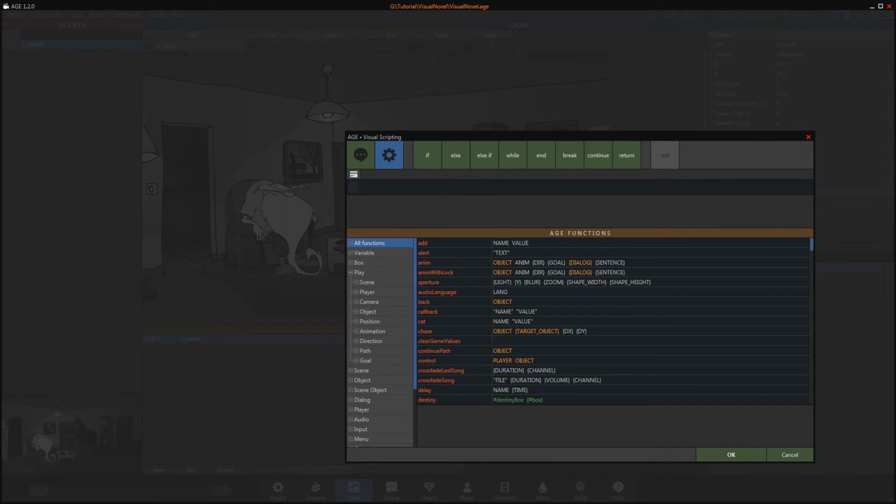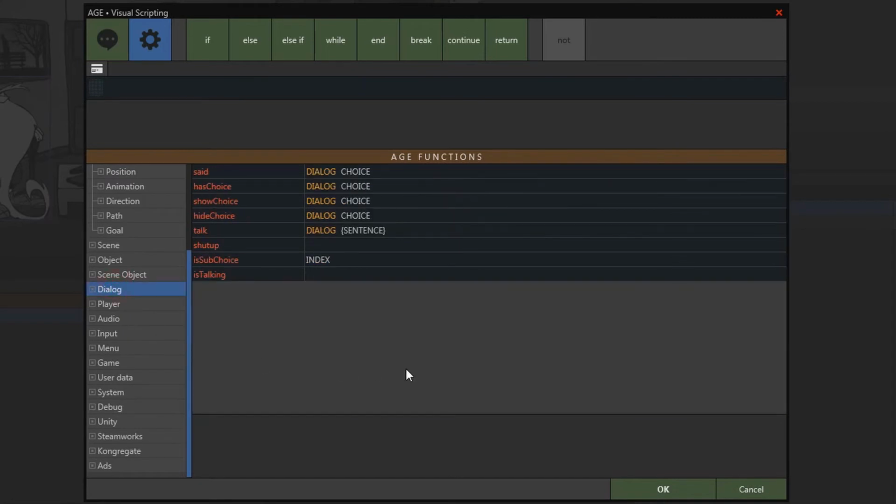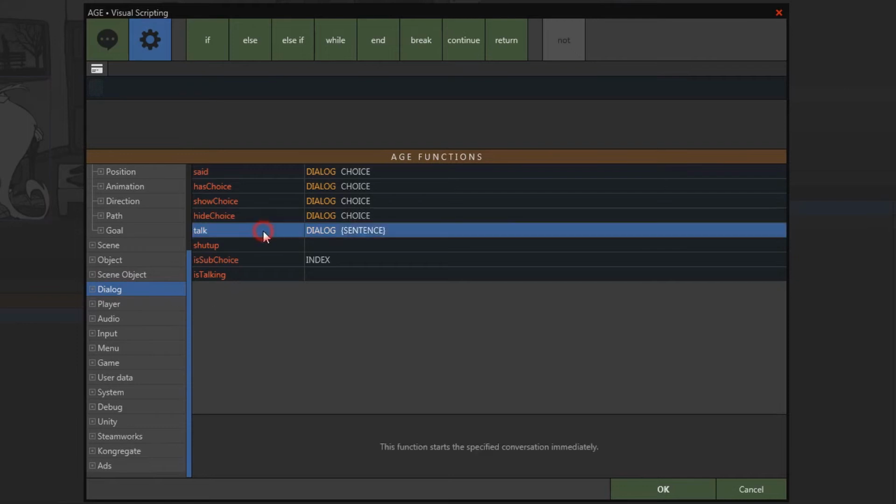The dialog box that appears is specific to visual scripting to guide you. Here, we want to start the conversation. For that we have to find the talk function in the dialog category. Double-click on the function and presto, it appears at the top of the window. The red square indicates that there is an error in the instruction because this function requires a mandatory parameter, the name of the dialog asset.